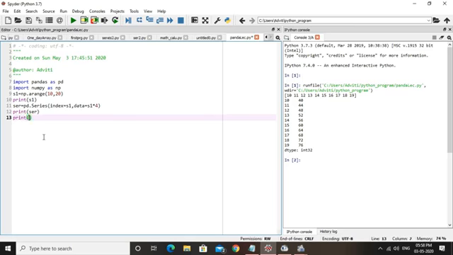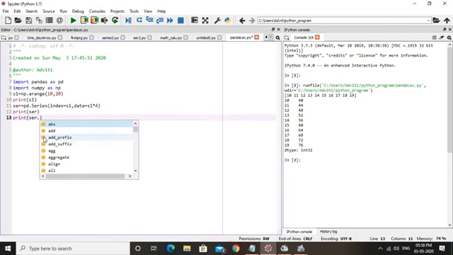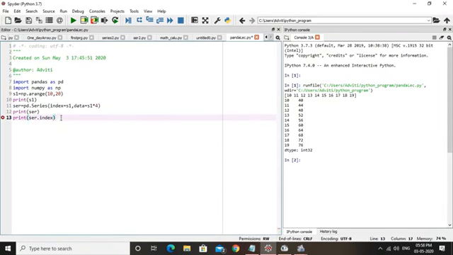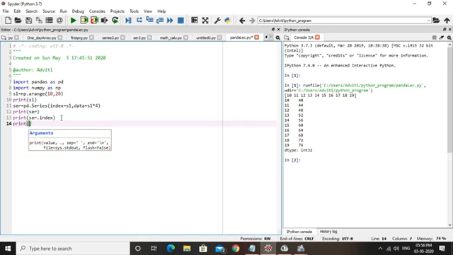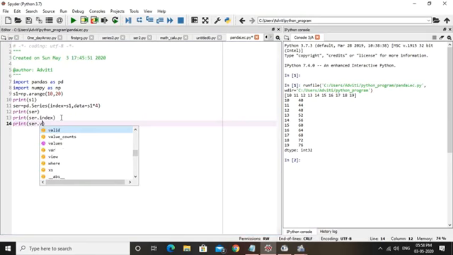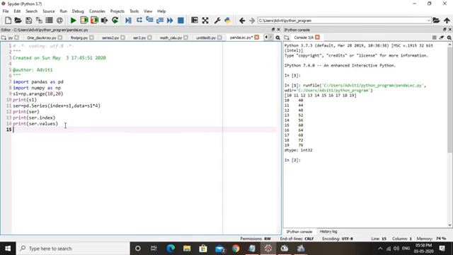The first attribute is ser.index. Print ser.index. In the same manner we can use multiple attributes like ser.values.